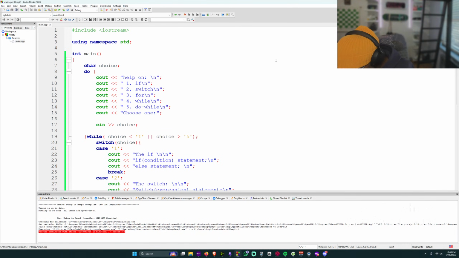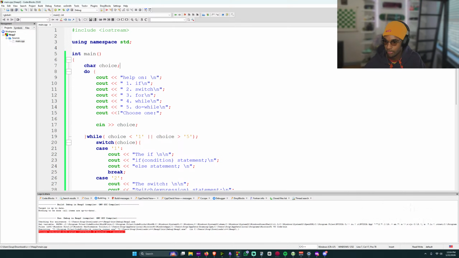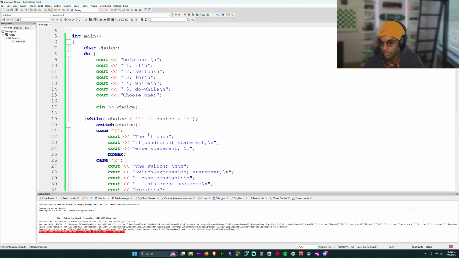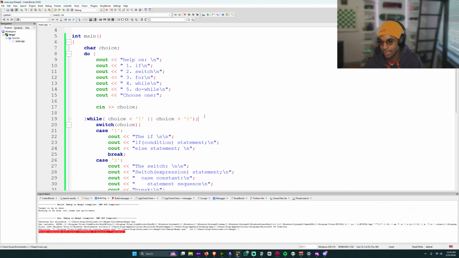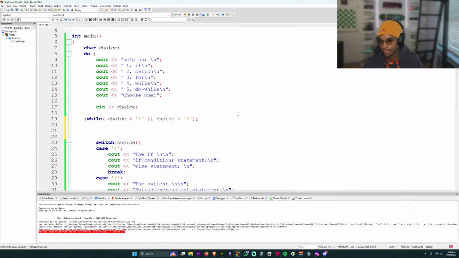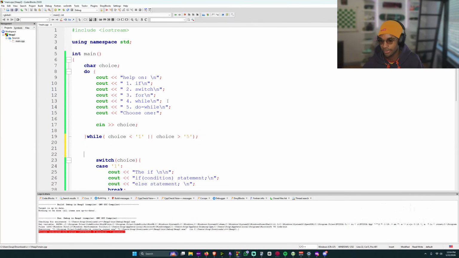I'm pretty happy with today. Very happy. So it seems like the do while loop just keeps running while this is true. And then the switch statement is actually not even part of the loop down here. That's actually pretty cool.